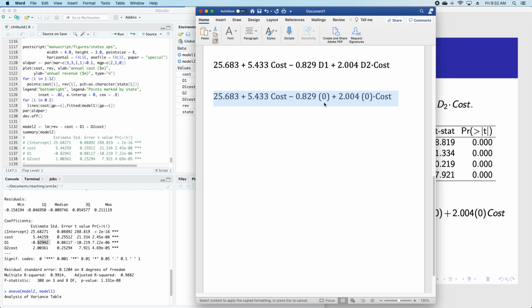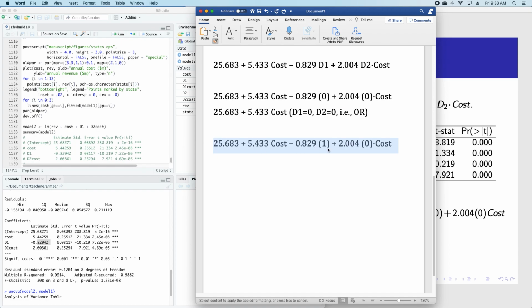So plugging in D1 equals 0 and D2 equals 0, that's going to give me the equation for Oregon. So intercept and slope for Oregon. If I plug in 1 for D1 and 0 for D2, that's going to give me the equation for California. Okay, so same slope, but a different intercept because I've got 25.683 here and minus 0.829 here, so that comes